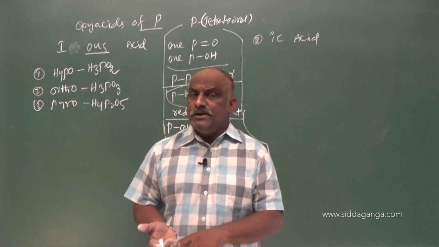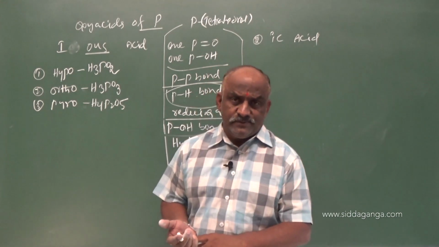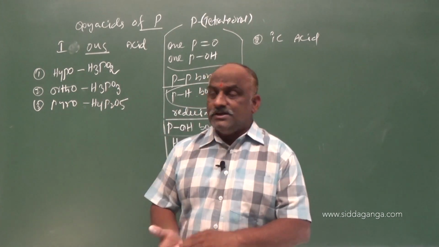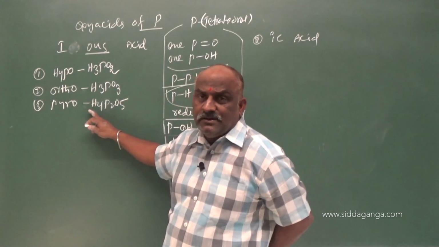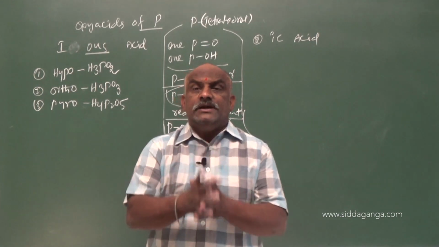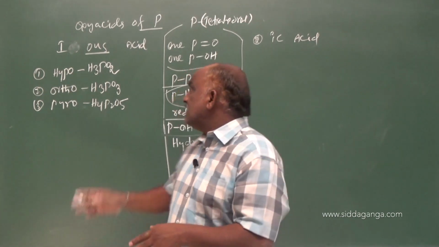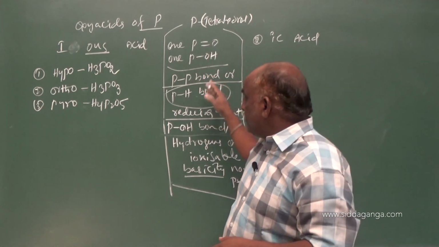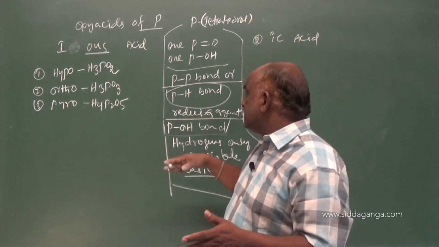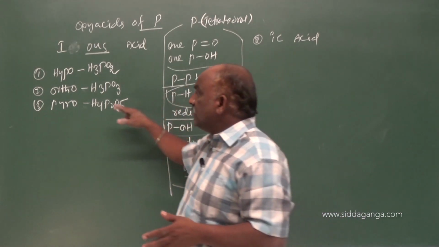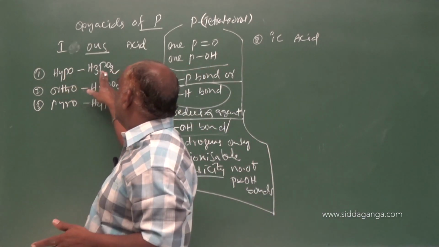My dear students, make a note, these are very important examples because these all act as reducing agents, meaning in these structures a hydrogen atom is directly attached to the phosphorus. Compulsory we require one P=O bond, one P-OH bond. Along with P=O and P-OH, if it is compulsory, then we should add a P-H or P-P bond. So: hypophosphorus H3PO2,